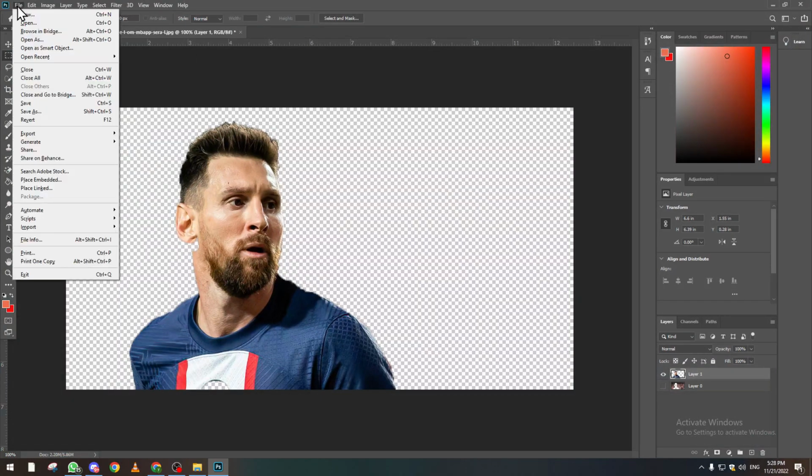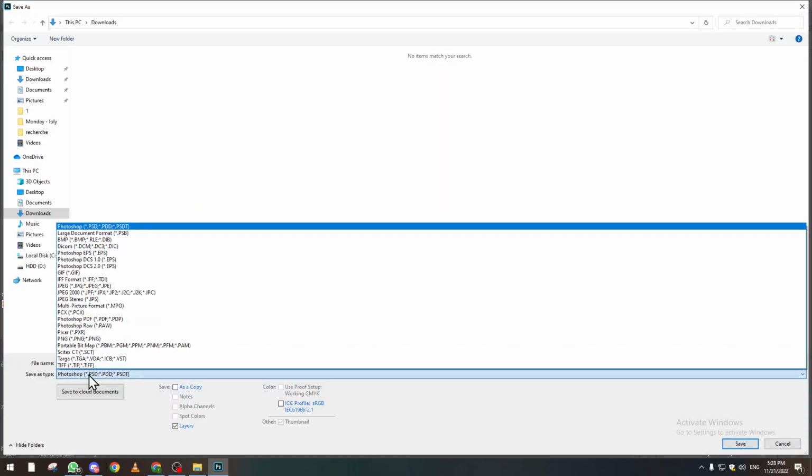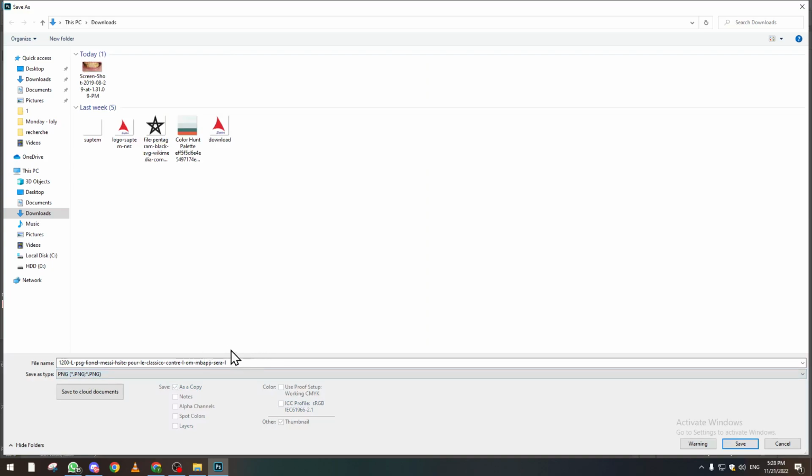We click again on file, on save as, save on your computer, and then we come in here and we choose the PNG form. There is another method to do so, which is